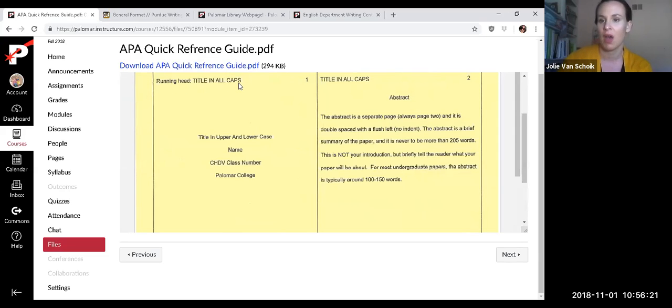So it could be social and emotional development in preschool children. So then you'll rewrite it again, social and emotional development in preschool age children. Then your name, Jane Doe, Child Development 100, and then Palomar College. Then on the